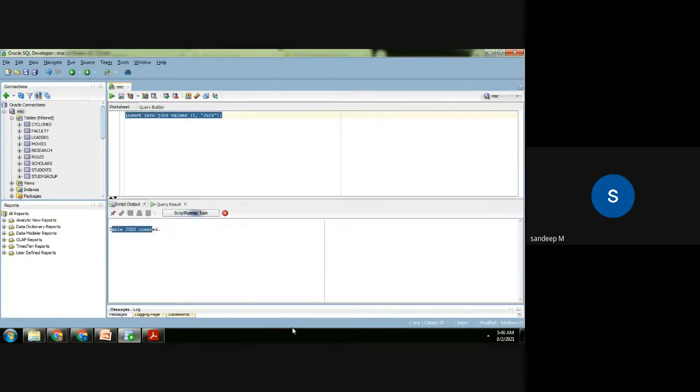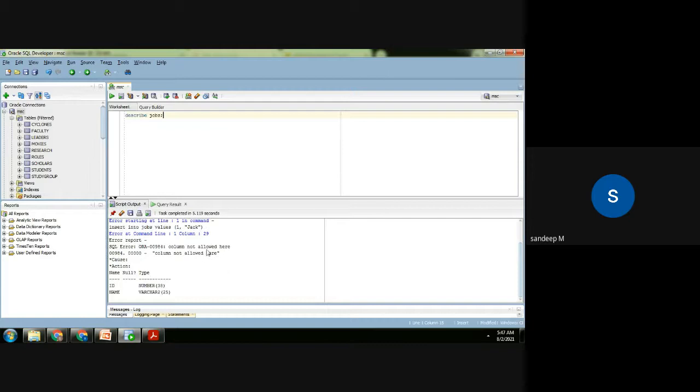It will be inserting. Column not allowed here. ID is a number of 38 and name varchar 25.